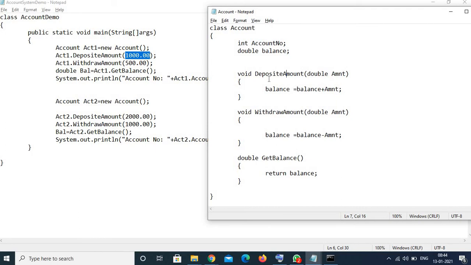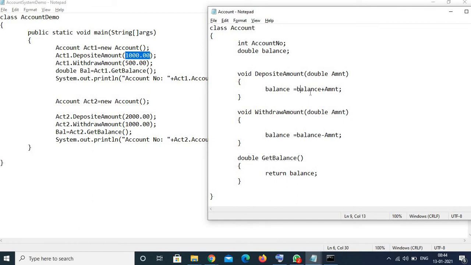As this method has received the reference of ACT1, this would be ACT1 dot balance. So the balance variable, the copy of the ACT1 object, would be used in this particular expression: ACT1 dot balance plus amount. What is the value in ACT1 dot balance? It is 0.0, which it just got at the time of creation, the default value.